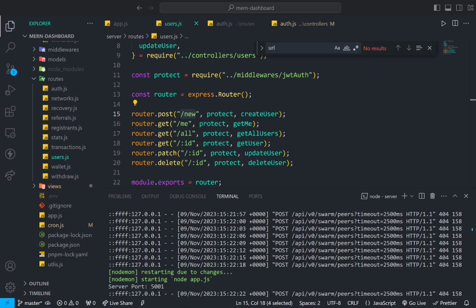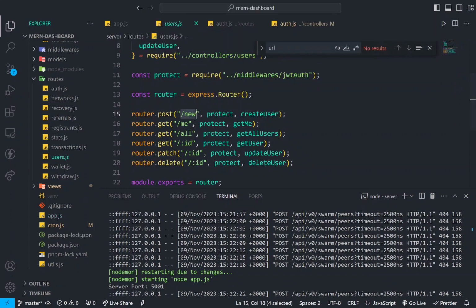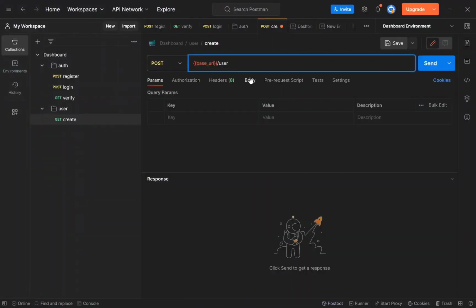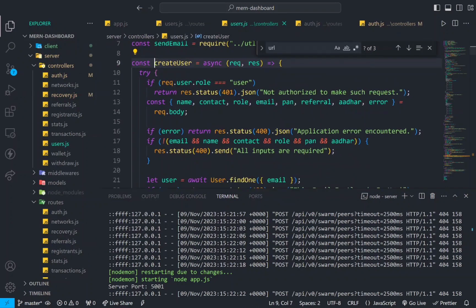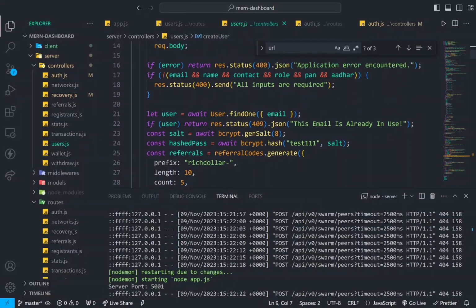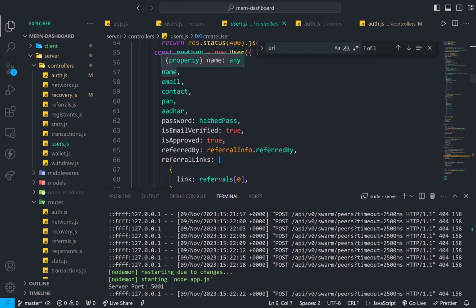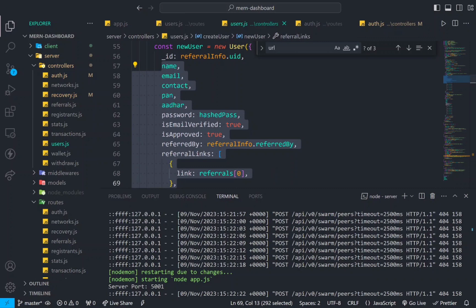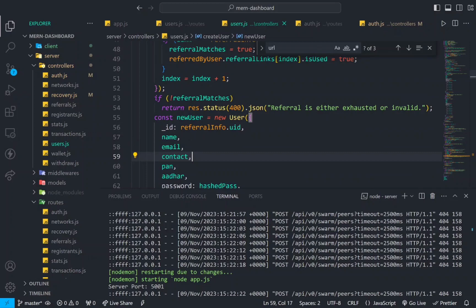user, right? Because we saw this is of path, this path name is there, right? So we need to provide that, and we can append the path value that is inside of this route itself. And let's see what kind of values we expect to have at the back end. So what I'm trying to do is I require certain things like name, contact, PAN, Aadhaar, these kind of values that I require. And while I have these things, then only I will be able to create a valid account,